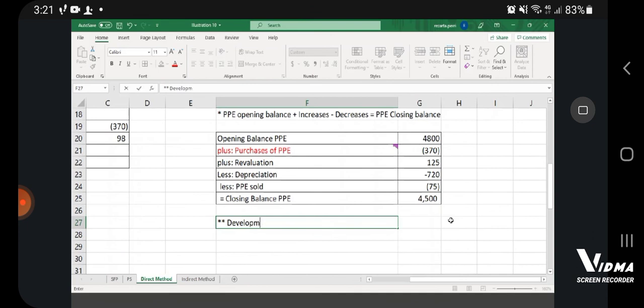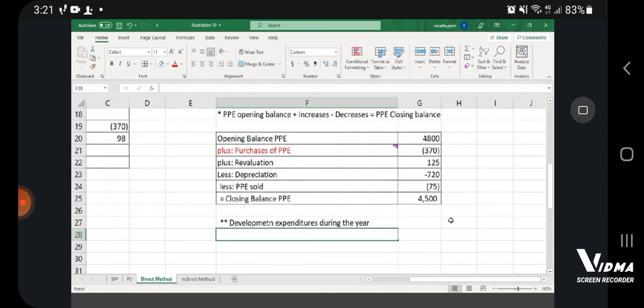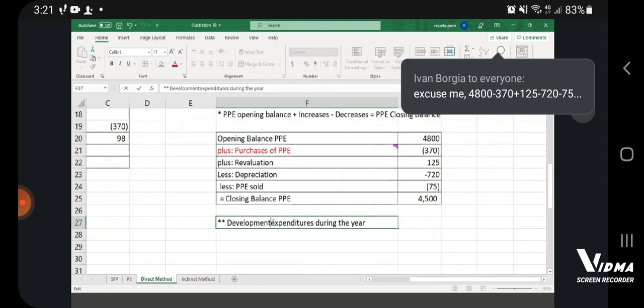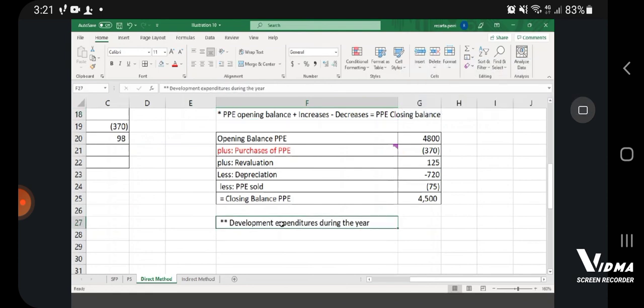Development expenditures during the year. How much did we pay for further development expenditure during this period? Now, following the same logical balance that we have here, we would say that development expenditure during the year will